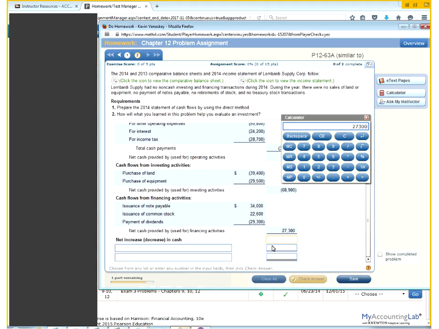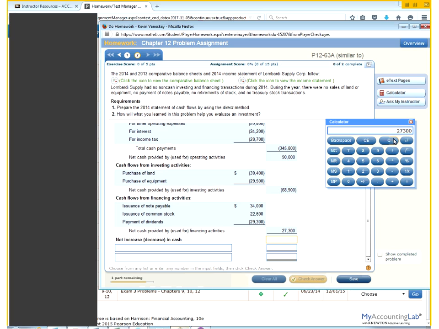Now I do the final step: net increase in cash. So now I'm just going to add up the three totals that we had. 27,300 minus 68,900 plus the 90,000 from operating, which is 48,400